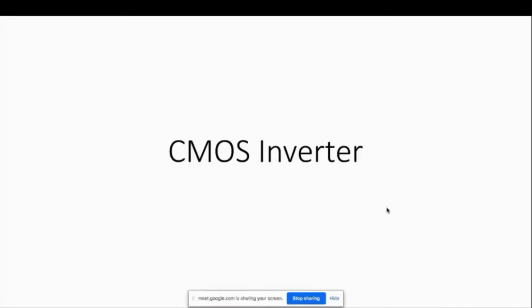Good morning, students. Today we start with your new topic, that is CMOS inverter. In the previous classes, we have discussed about RTL inverter and NMOS inverter. The problem with your resistive load inverter is area, and as far as your NMOS load inverters are concerned,